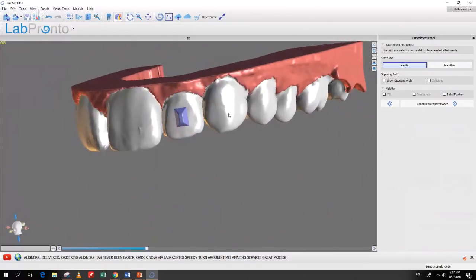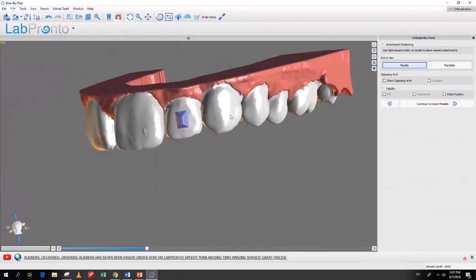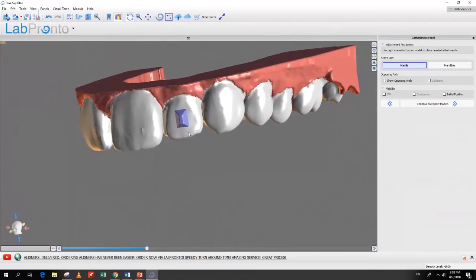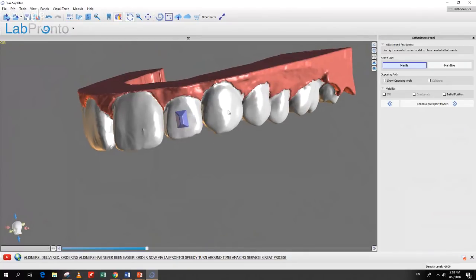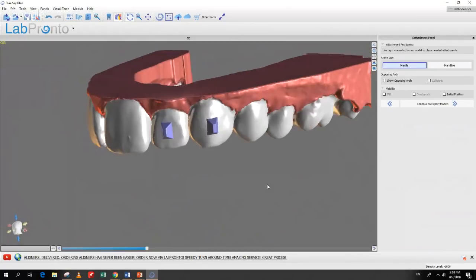Placing another button, you could right click and click either add button, which will allow you to select it from the pop-up, add previous button again, which will add the previous button again, or just to hide the ortho buttons altogether. Let's remove that and add previous button here. Okay, so that's very simply